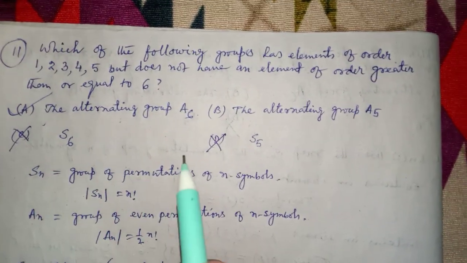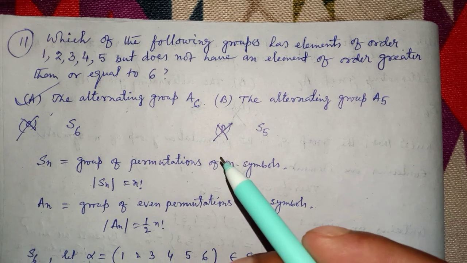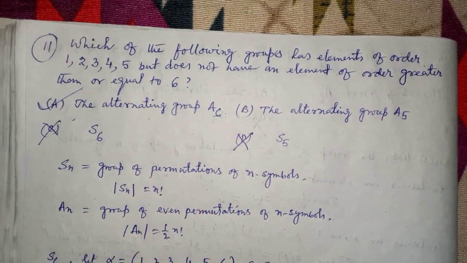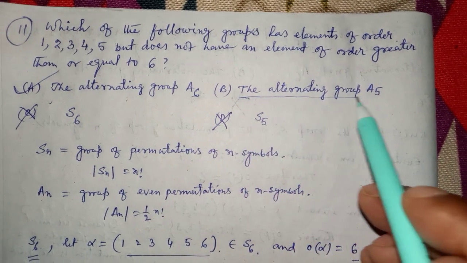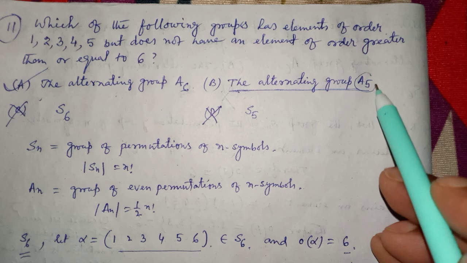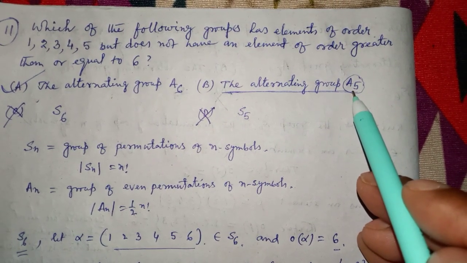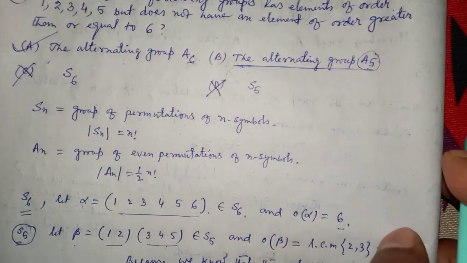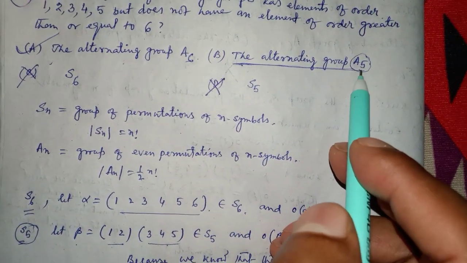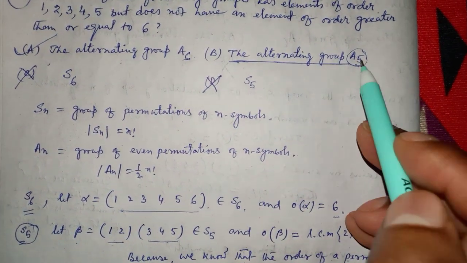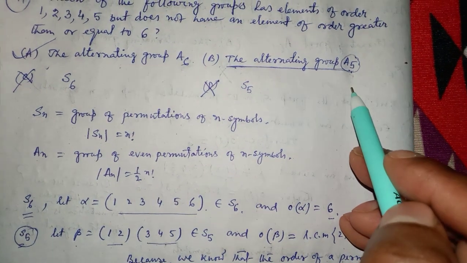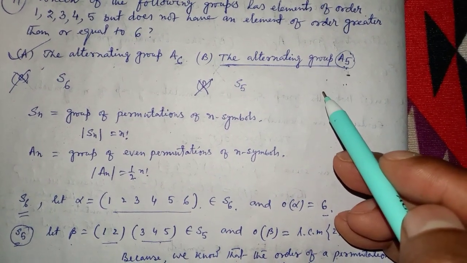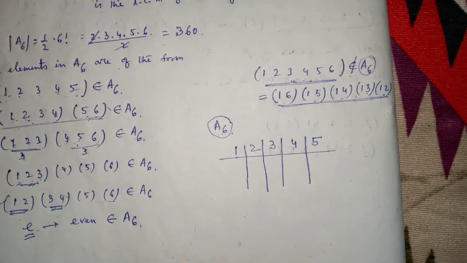Since this problem is in section A, only one option is true, therefore option A is true. But in option B, the alternating group A5, the even permutations of 5 symbols, we can check this group. A5 also does not contain an element of order 6, but this group does not contain an element of order 4, because in A5